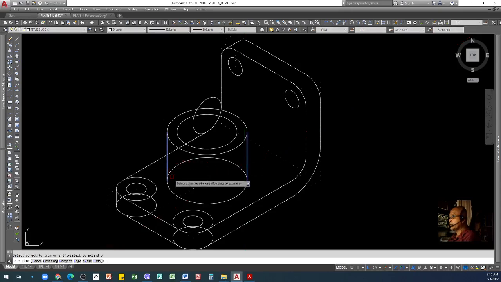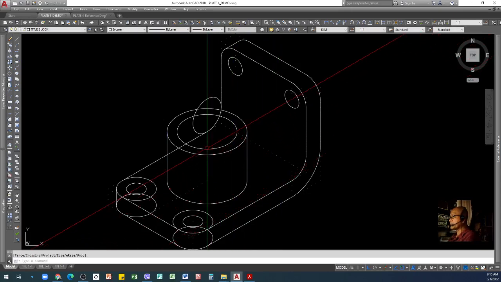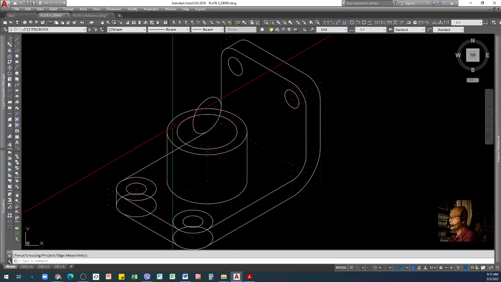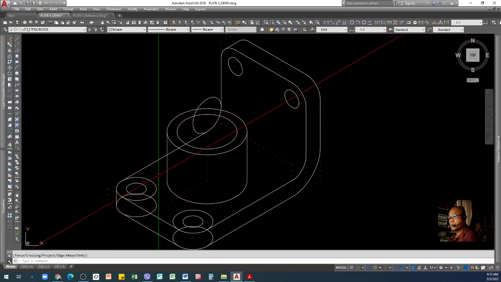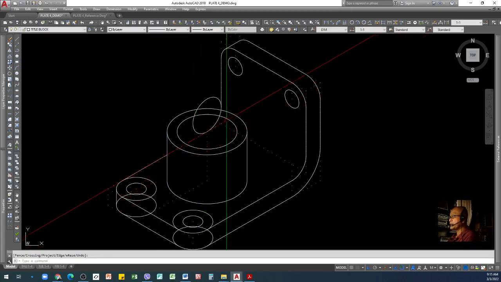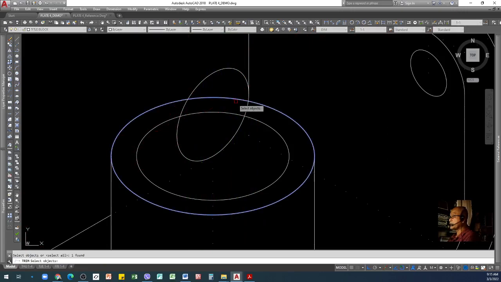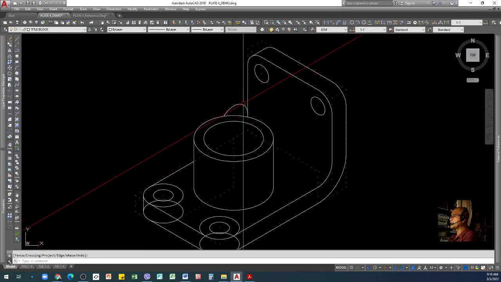Click the vertical, click delete, so our tube is complete. All we need to do is remove those parts that are partly hidden with the tube, like starting from here, click remove. Our ellipse is partly hidden, use this ellipse, remove this one, and this one here we don't need.